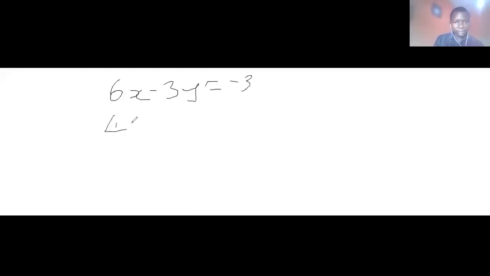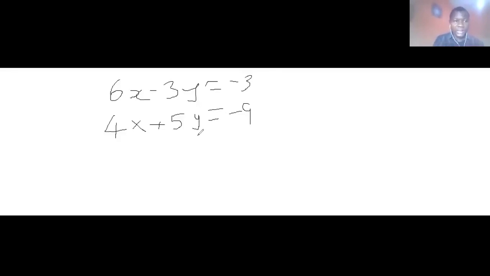4x plus 5y equal to minus 9. So with this condition,